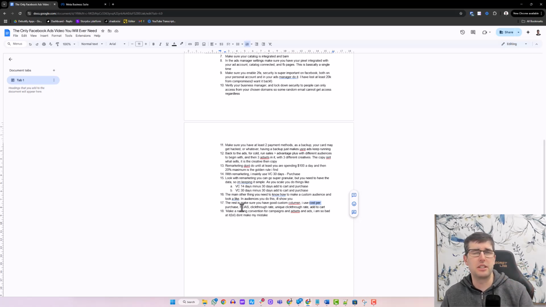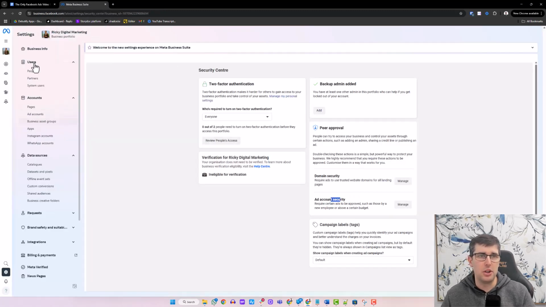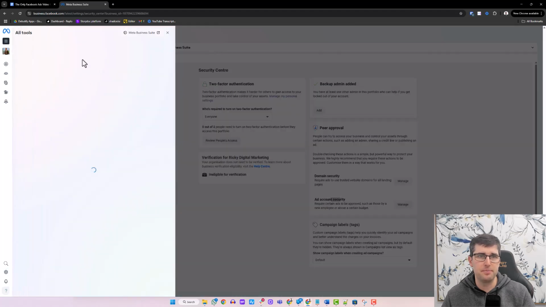Initiate checkout actually doesn't fire perfectly. You'll find a lot in the background. I've never really found initiate checkout to be a great audience. It's good to make a custom audience and a lookalike from, but not for remarketing. They're different. And make a good naming convention. Mine are terrible. Always have been. Make a naming convention. All right, so let's go into this, and I'm going to firstly show the ads manager.